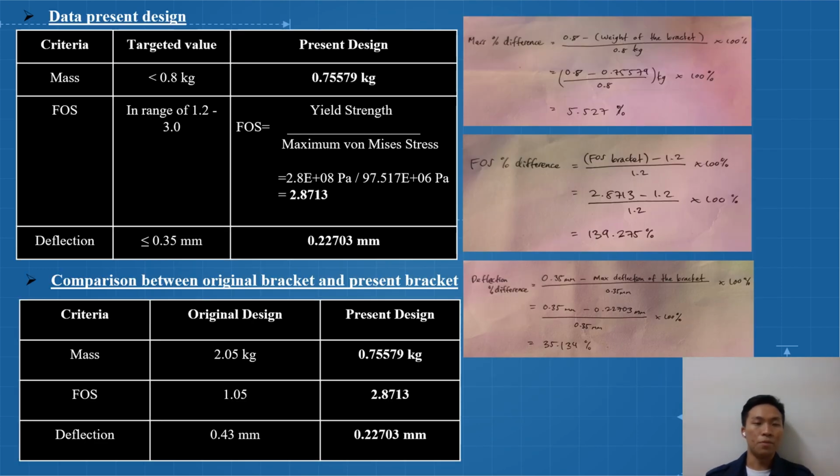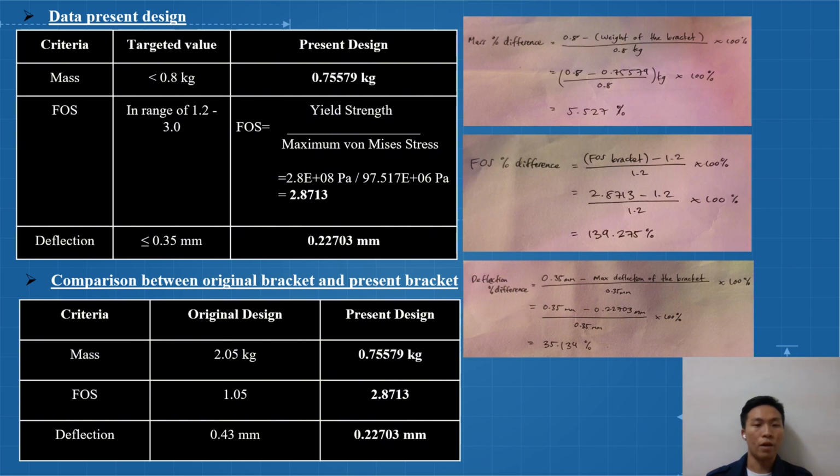In this slide, I will present the data of the present design and the comparison between the original bracket and the present bracket. Beside it is the percentage difference for each criterion. The criteria that we have are mass, FOS, and deflection. For the target value, the mass should be below 0.8 kg, the FOS in the range of 1.2 to 3, and the deflection below 0.35 mm. For the present design that we get, the mass is